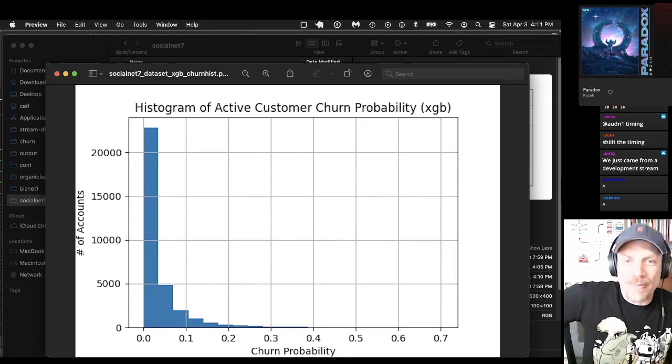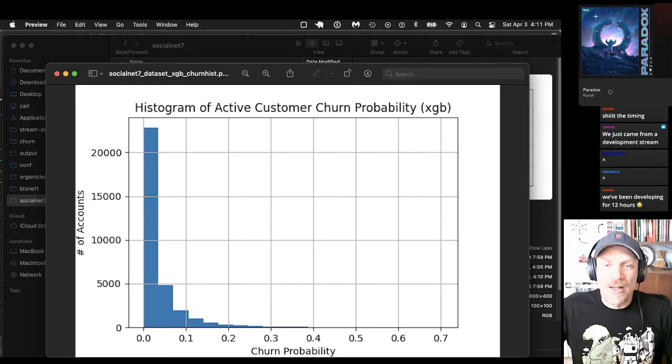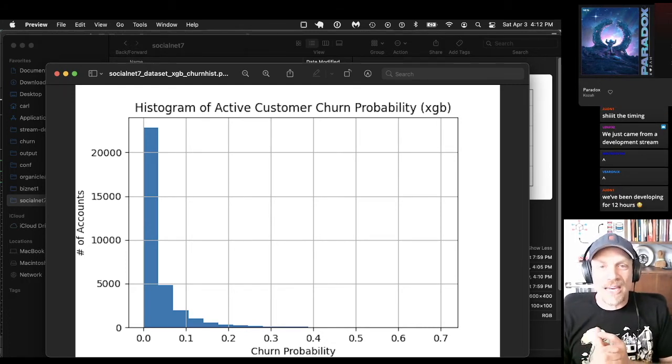So I'm answering the question about, we don't really predict the timing of churn because, number one, there's an implied time horizon in every prediction. We're predicting for within the next month. Then there's a low probability of most people churning. So usually the probability of churn is, in this case, less than 10%.